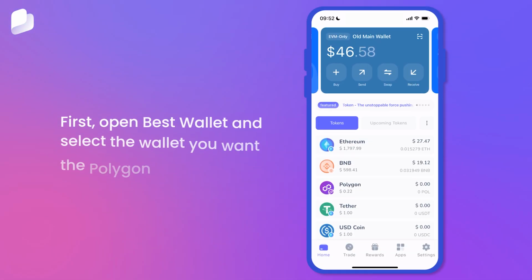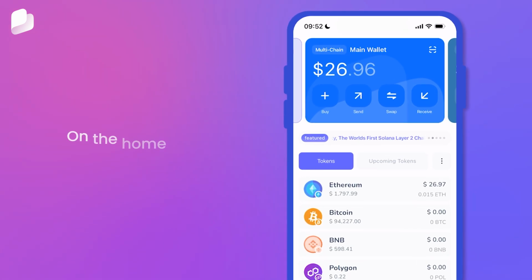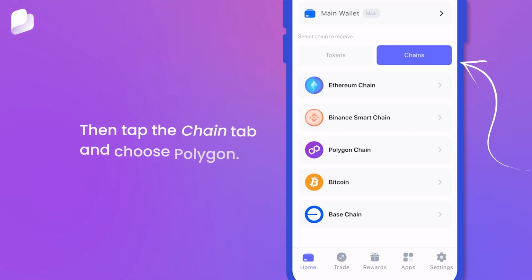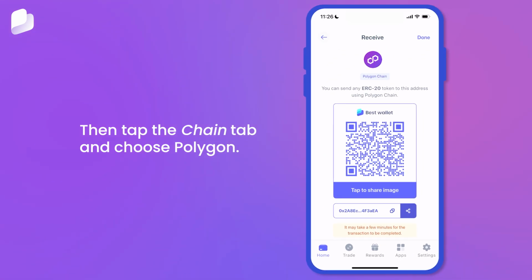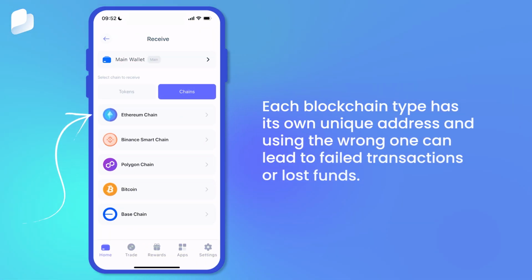First, open Best Wallet and select the wallet you want the Polygon address for. On the home screen, tap the Receive button. Then tap the Chain tab and choose Polygon. Each blockchain type has its own unique address, and using the wrong one can lead to failed transactions or lost